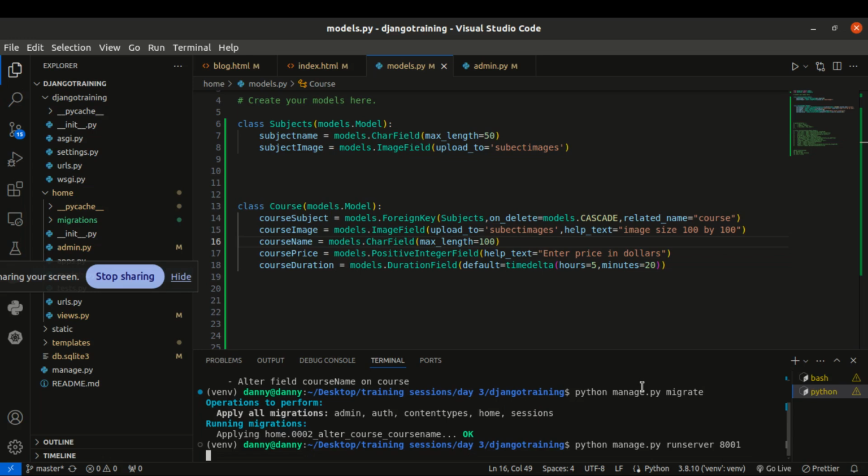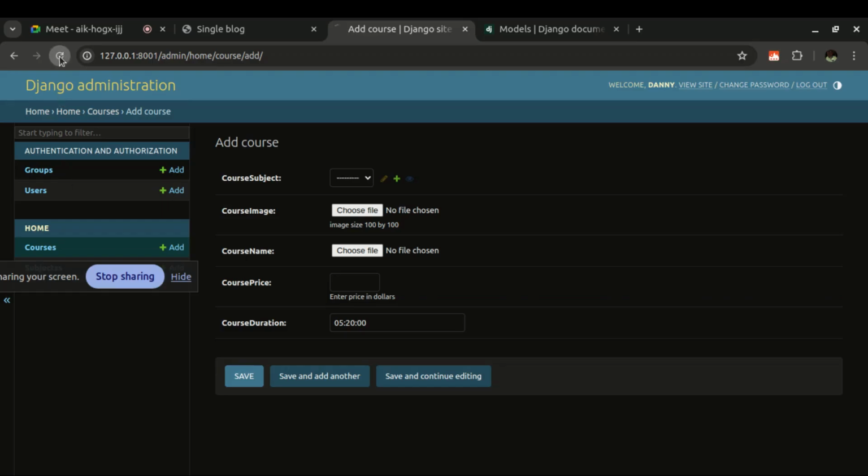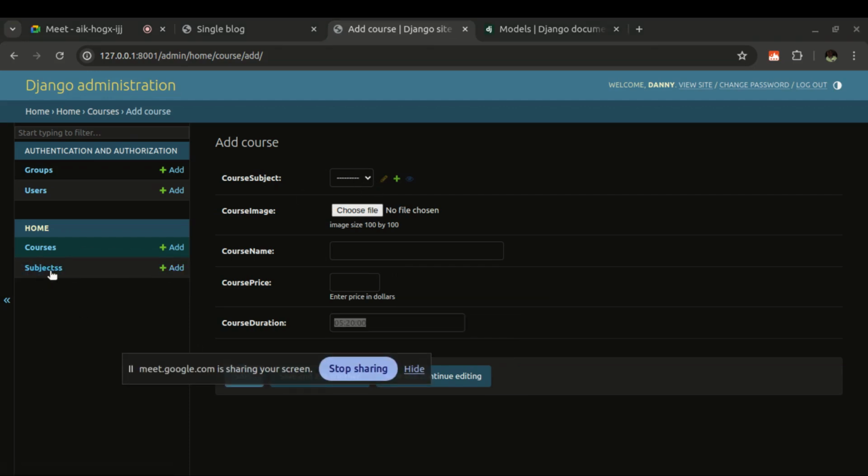Then let's restart our server. Let's reload this. All right, and this is what we have. Remember we added a help text and a cost price. This is what we have as well, and we also have the duration here. Then same thing with subjects. We see that subjects has added an S here. We will try to control that. Then we will also try to control course subject. We may want to have course, then a space, subject, course space image, and all that. We are going to see how to achieve